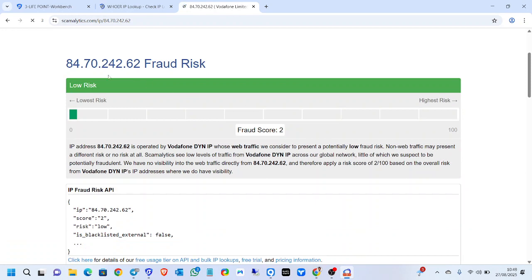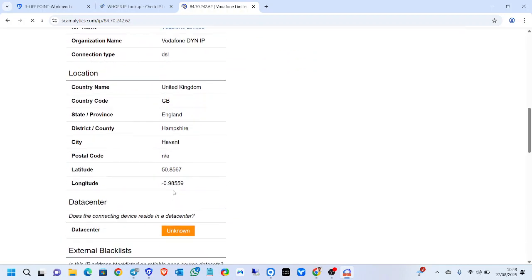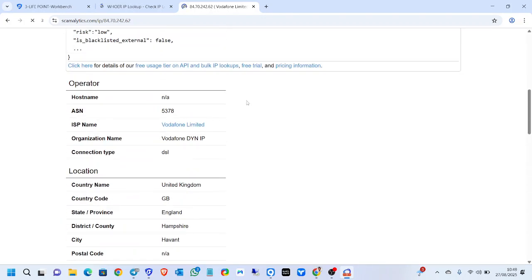You can see that this IP is clean. You can see the risk is low risk. You can see the ISP, Vodafone, everything we picked. You can see it is not data center, it is residential. Hope you understand. So what you are going to do now, once you have checked Scamalytics,